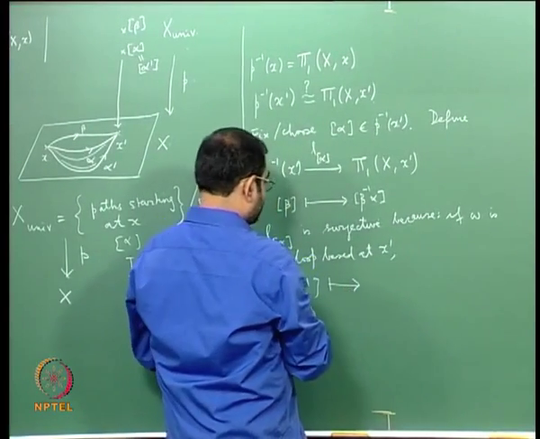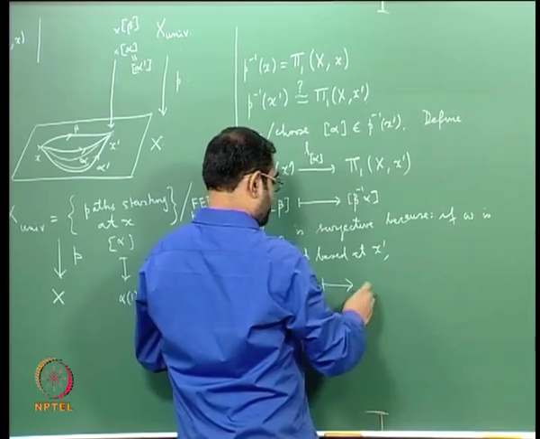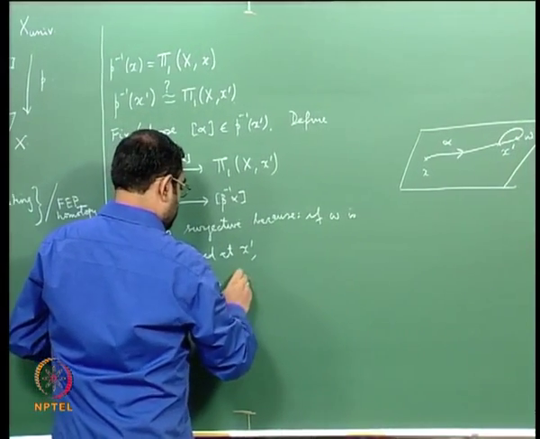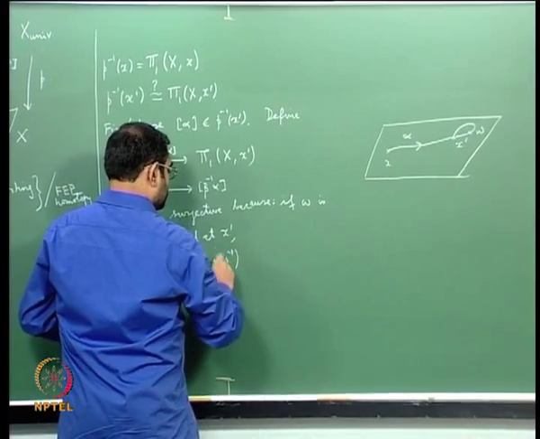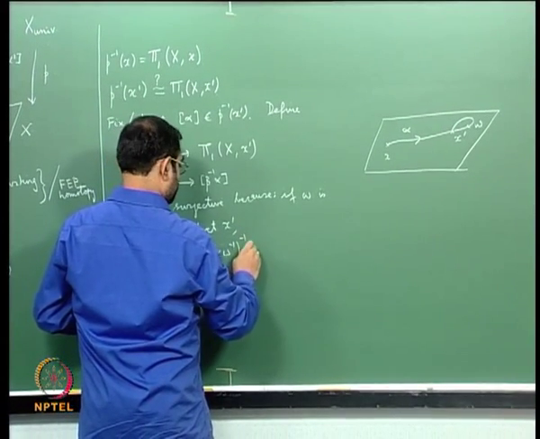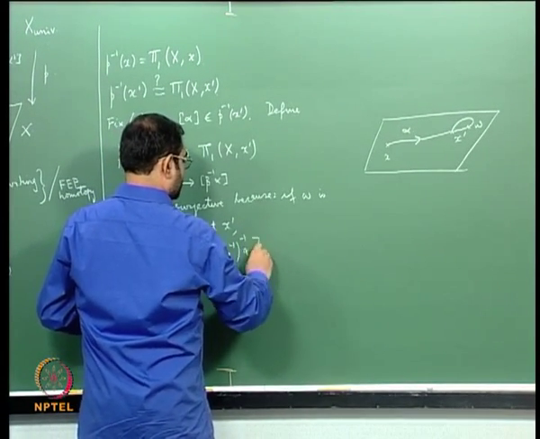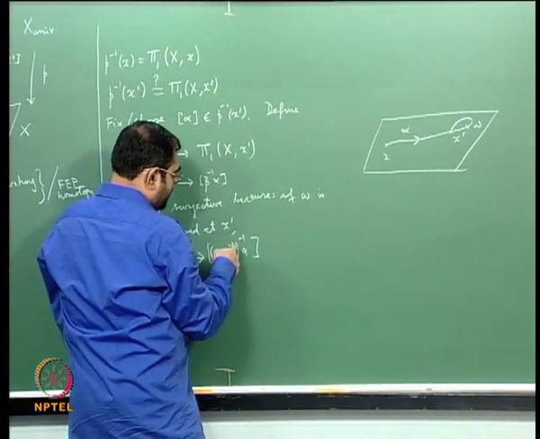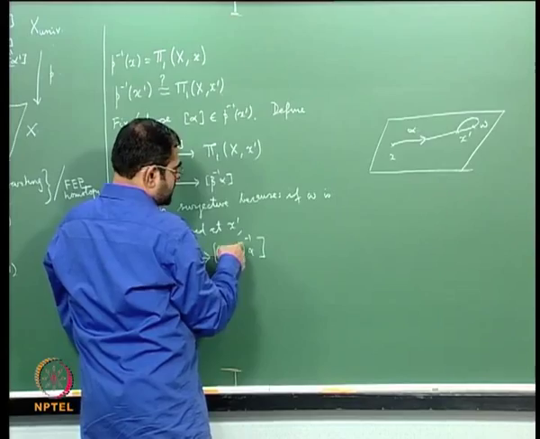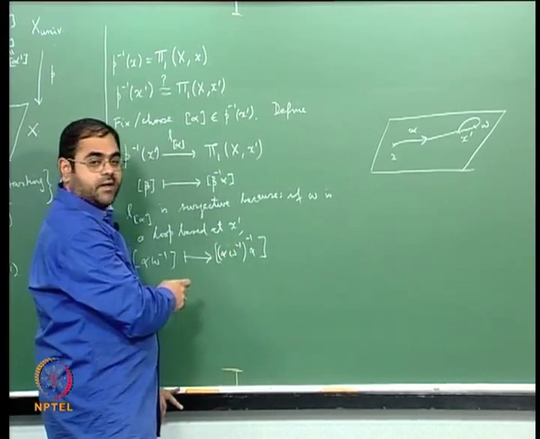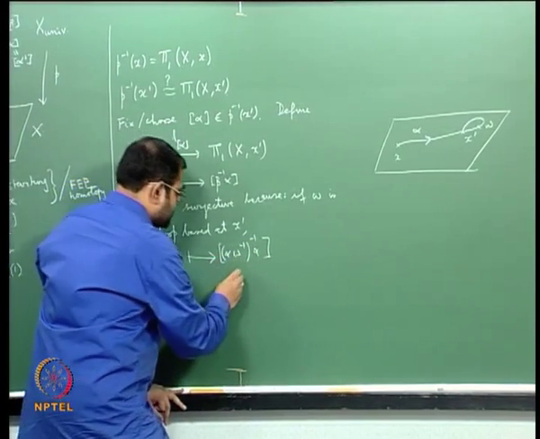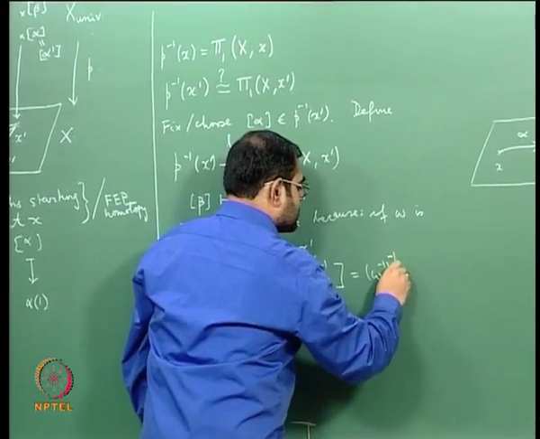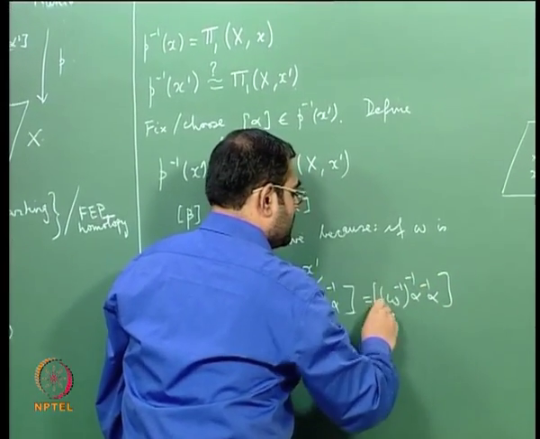This goes to, by definition, by this map, it goes to omega inverse whole inverse times alpha, the homotopy class of this. And if you write this down, alpha omega inverse whole inverse is omega inverse whole inverse alpha inverse, and so this is going to be just omega inverse whole inverse alpha, and you can see that this